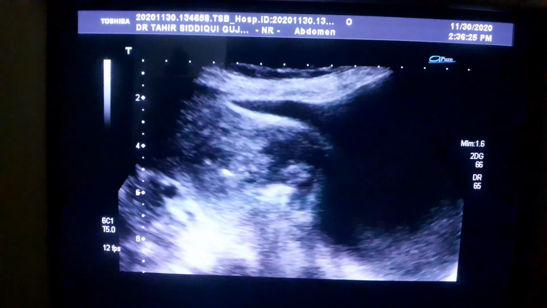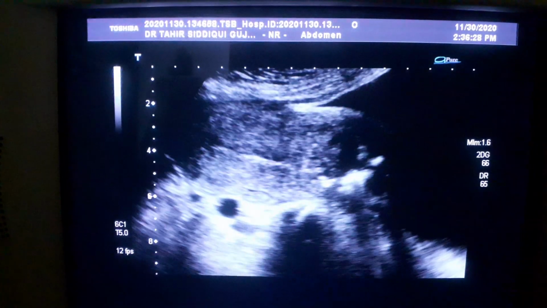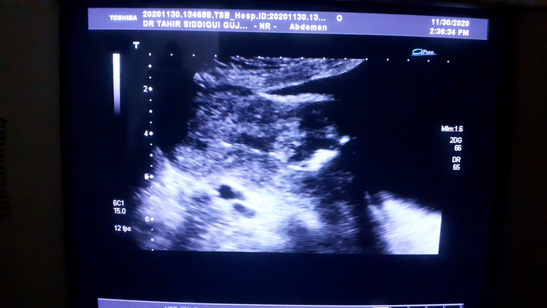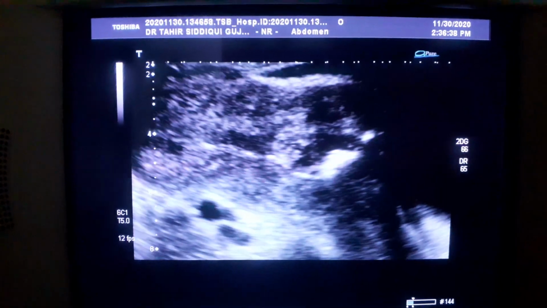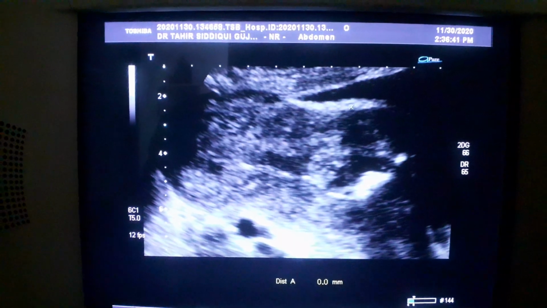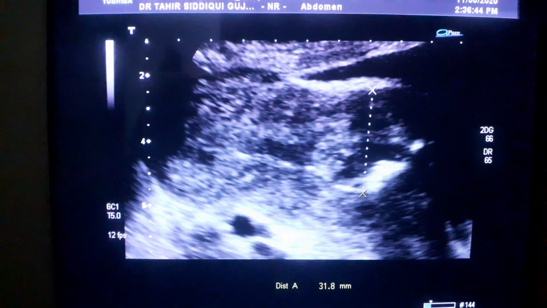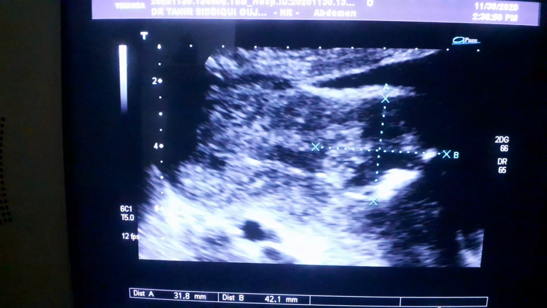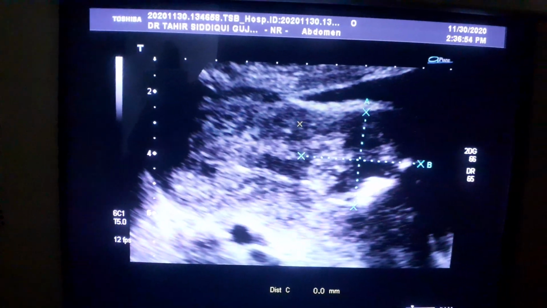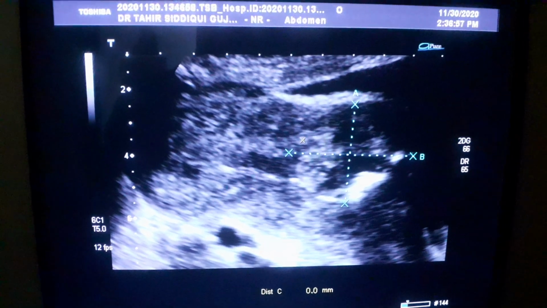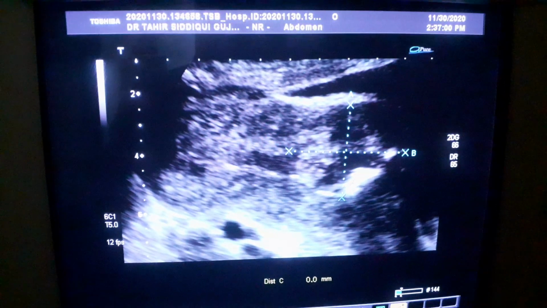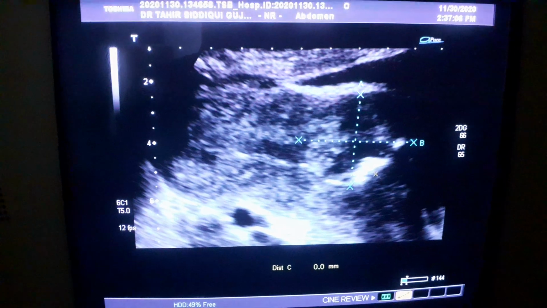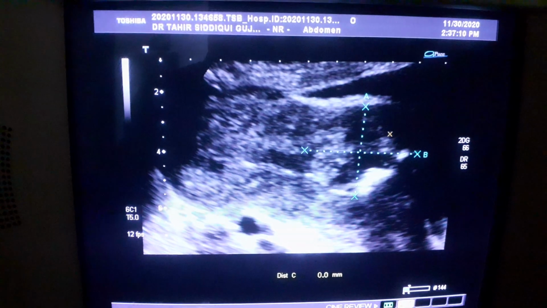Now, another important factor to notice is that at the lower segment of the anterior wall, communicating with the endometrial canal, is seen a focal area, this one, measuring approximately 42 by 31 mm, in which you see there are islands of echogenic areas, there are echogenic particles within it, and these dense coarse echogenic areas are giving posterior shadow, and this is consistent with an abscess formation in this location.